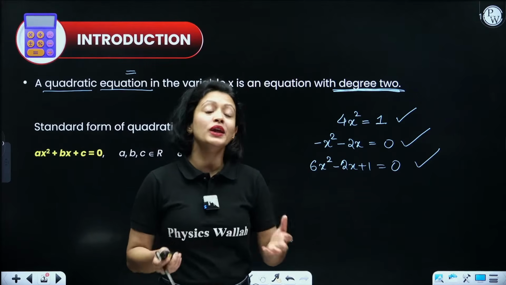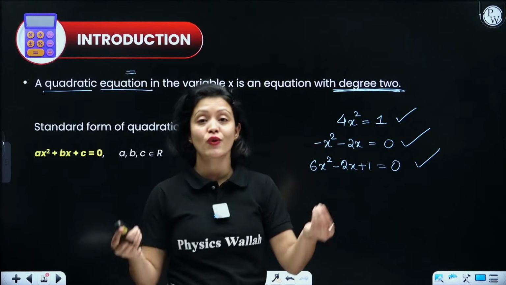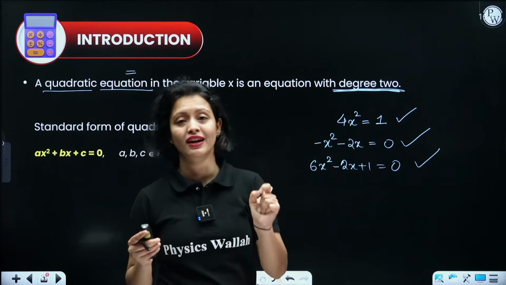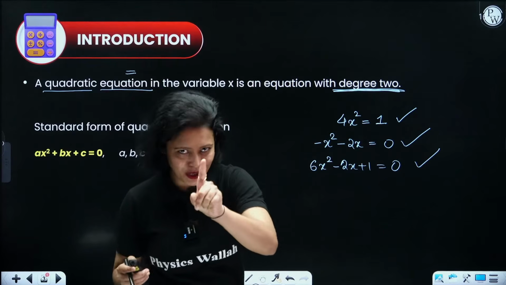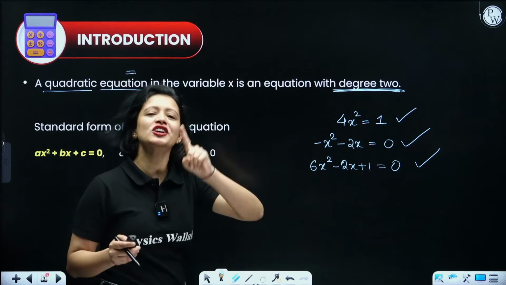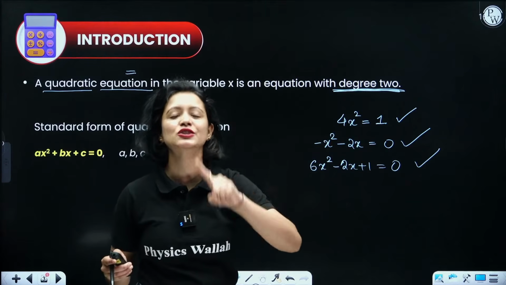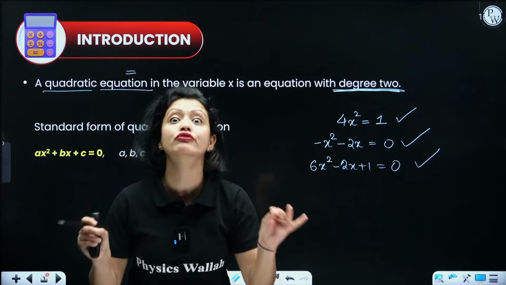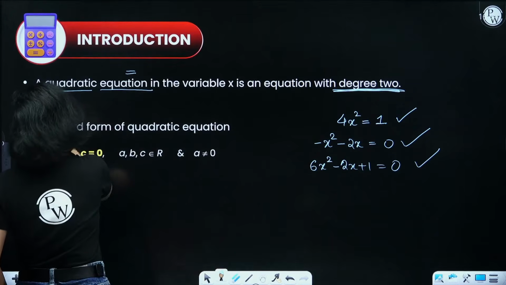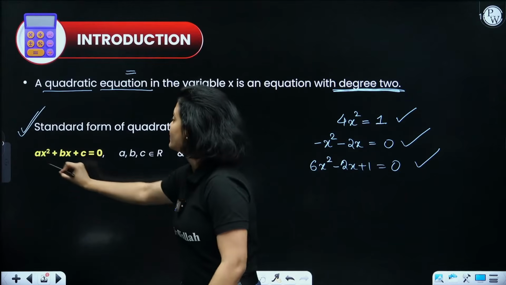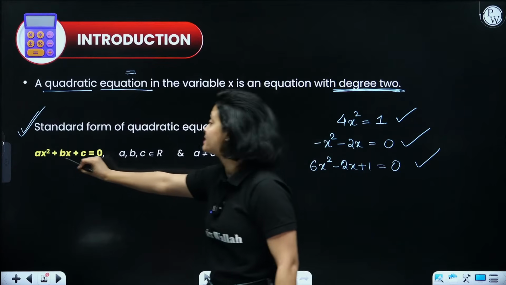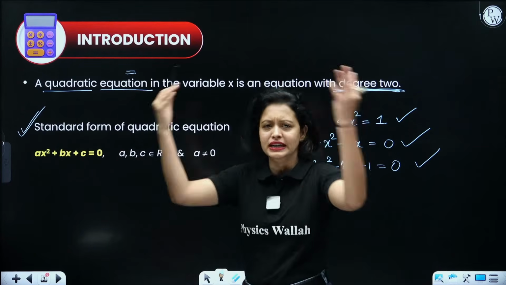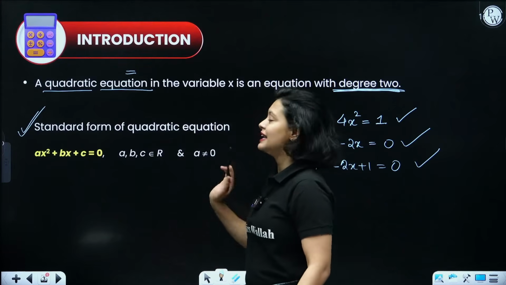So, how will you check whether the given equation is quadratic or not? You will have to see whether the highest power of the variable is 2 or not. But there is a big but. Whenever you are checking whether the given equation is quadratic or not, make sure that you first write it in standard form. What do you mean by standard form, guys? Standard form means the form ax² + bx + c, where a, b, c are all real numbers, because we are dealing with the world of real numbers, and a ≠ 0.